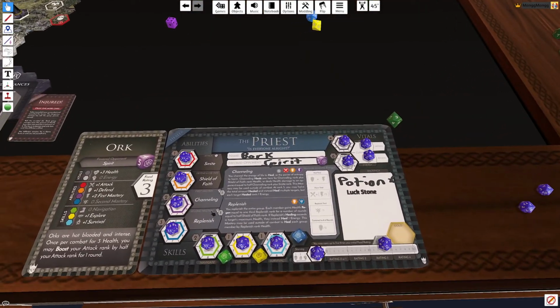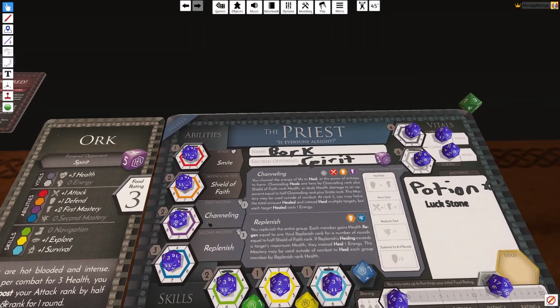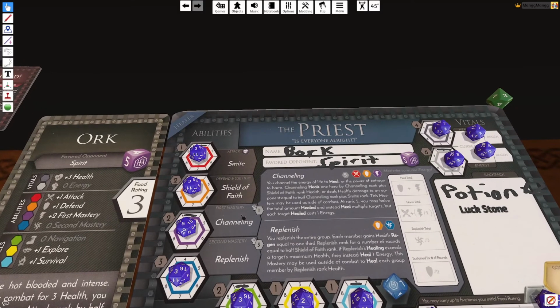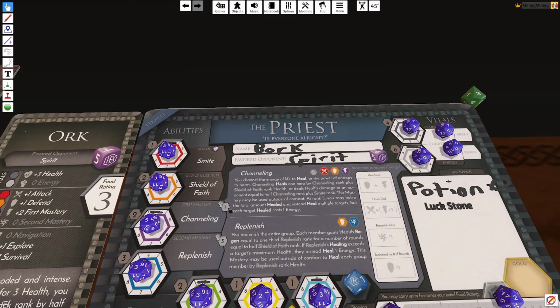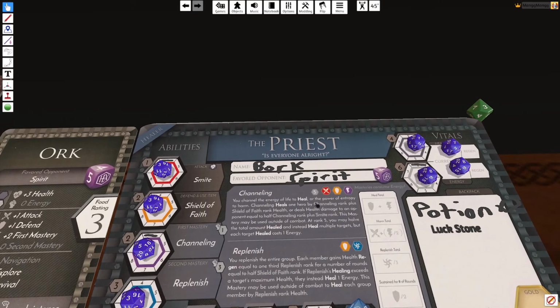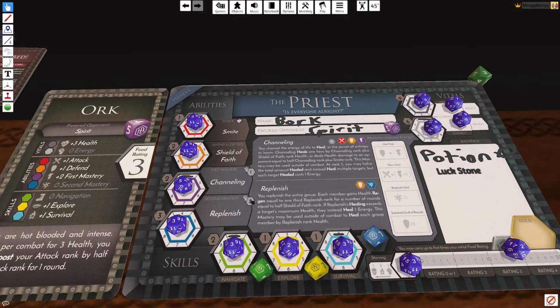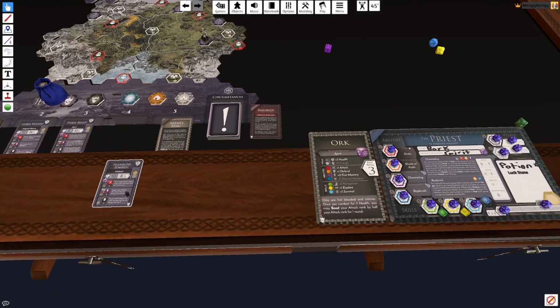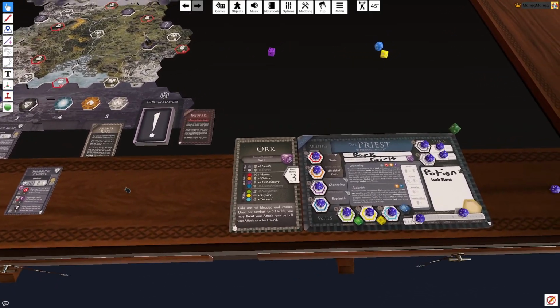So, for example, the priest can say during the declaration phase, oh, I'm going to use channeling this turn. Because that's what you're doing. You're picking one of these 4 things. So you just say, I'm using channeling this turn, and I spend 1 energy. You don't have to declare what you're using channeling for, because channeling can either heal or do damage. You just have to declare that you're using channeling. Then, after you see what the enemy does, then you can decide, oh, I need to heal, or no, I can actually do damage now